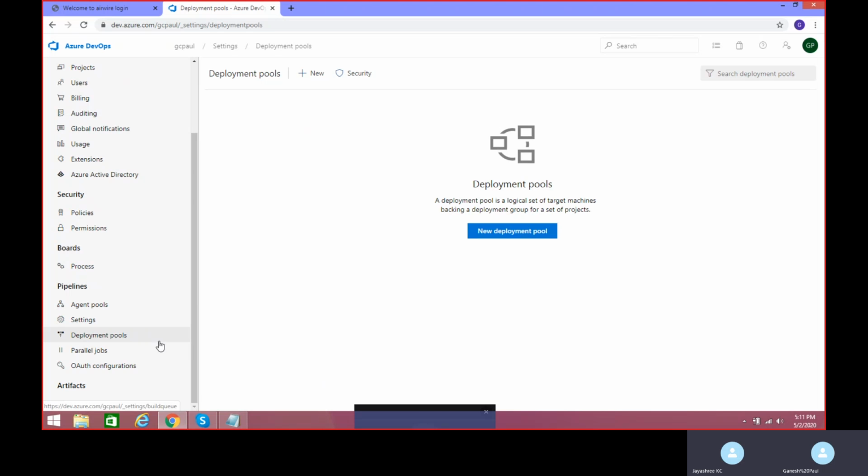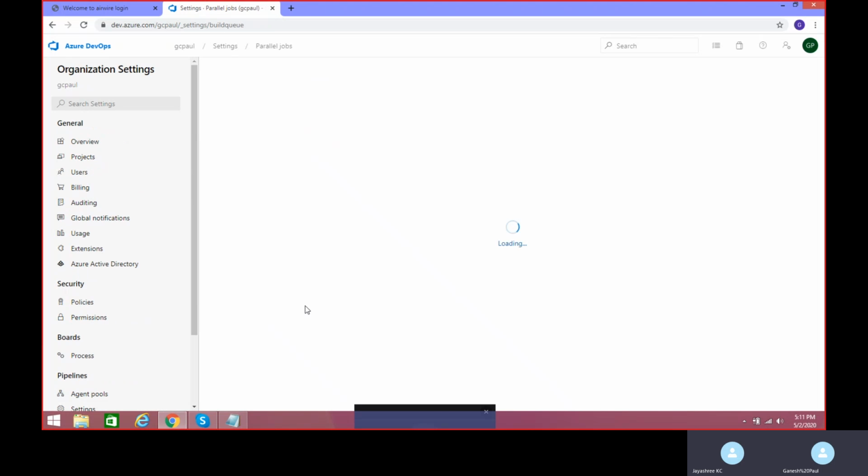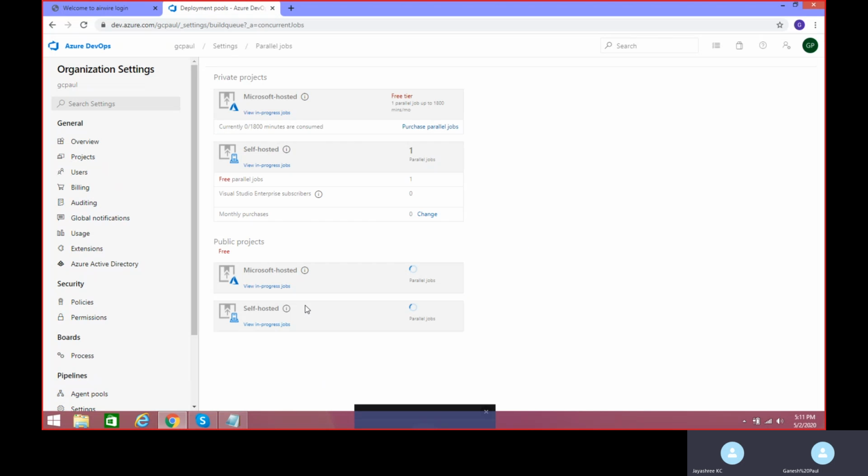And what are parallel jobs? Whenever you are running your pipeline, do you want to run it using parallel jobs? That means you might have three pipelines created for the same project, and do you want all three to run in parallel? For that, this information will be important. As you see under parallel jobs, you have parallel jobs free for your public projects, but for private projects you have